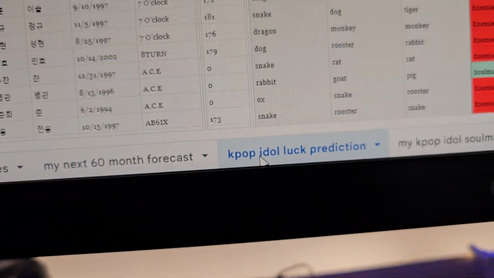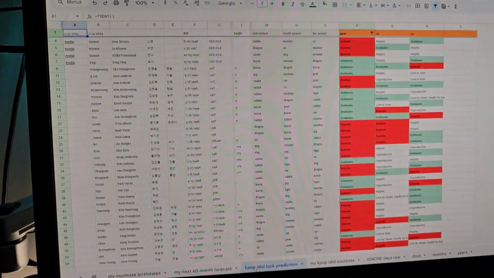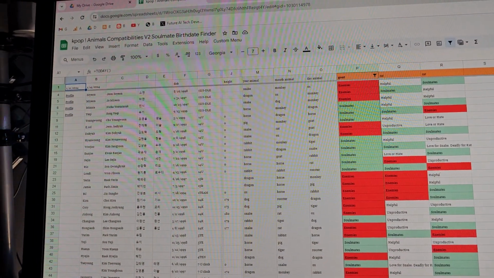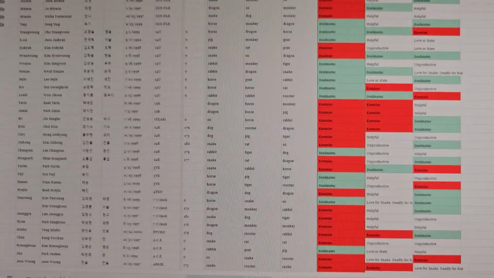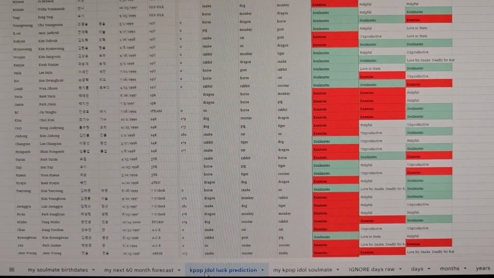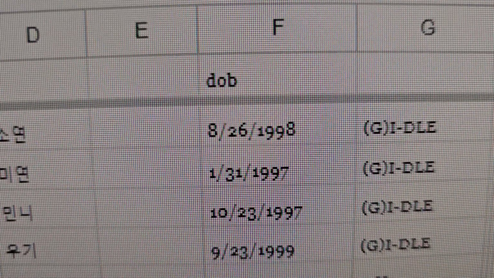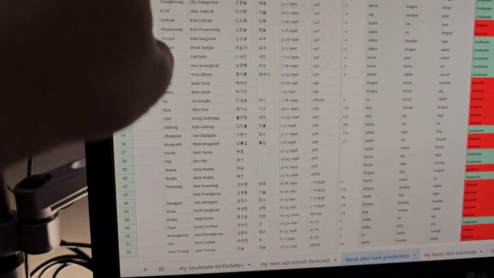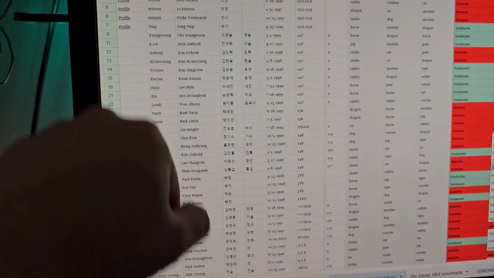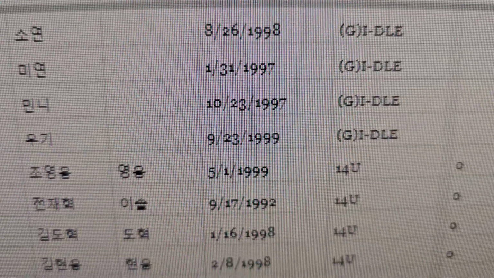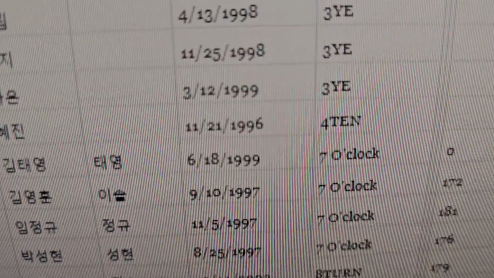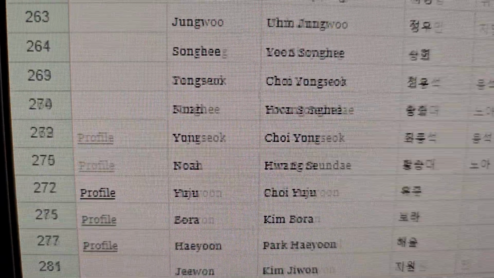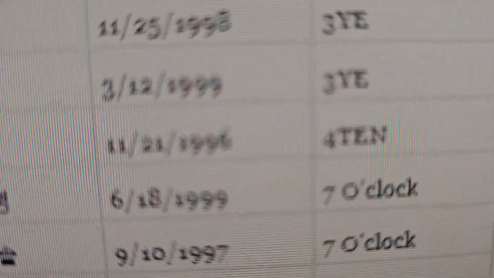Tab 3 or tab 4. Tab 4 works the same way, but what we're doing in tab 4 is we're comparing the birth dates. I have 2,000 different K-pop idol stars, celebrities, musicians, and I have 2,000 birth dates. All these different birth dates. But since everybody's born on a different date here,